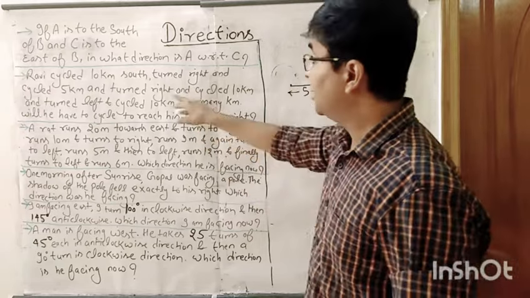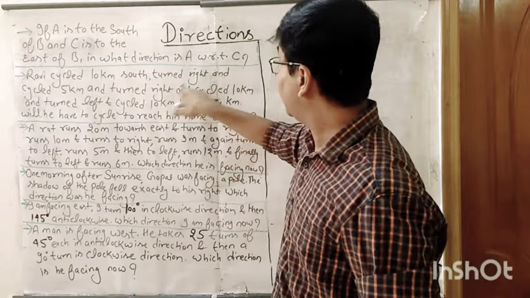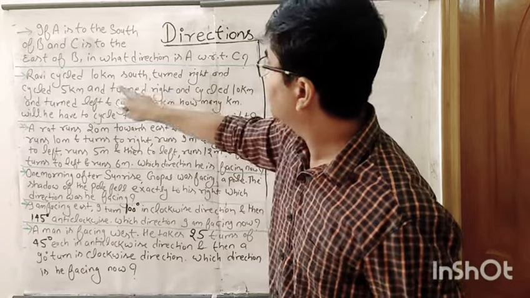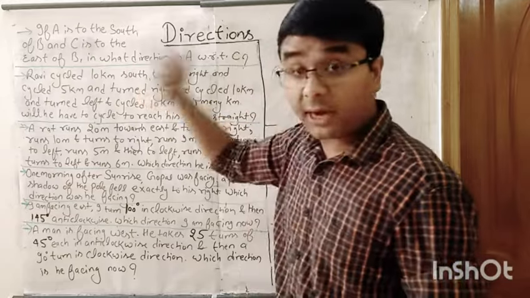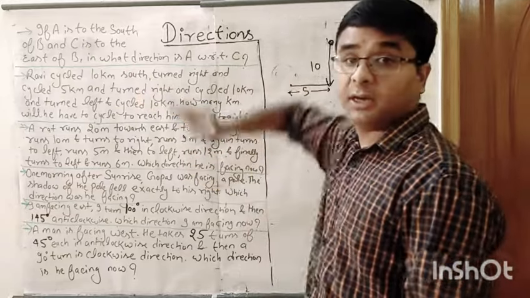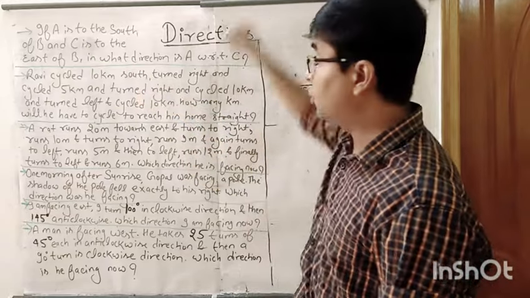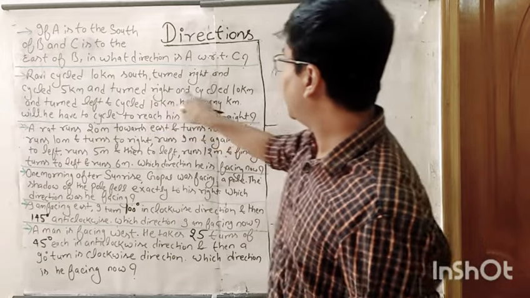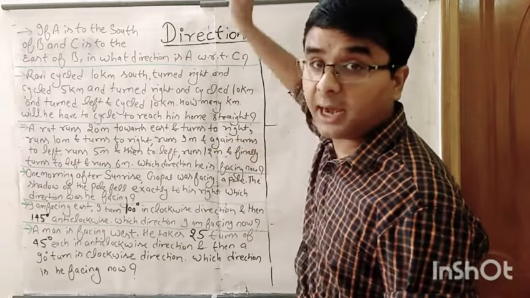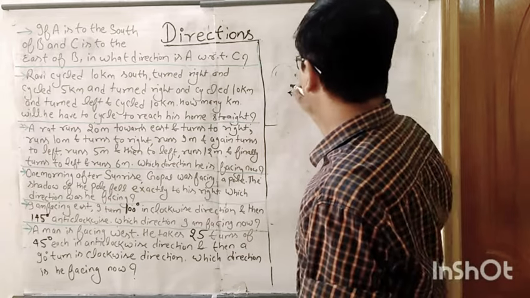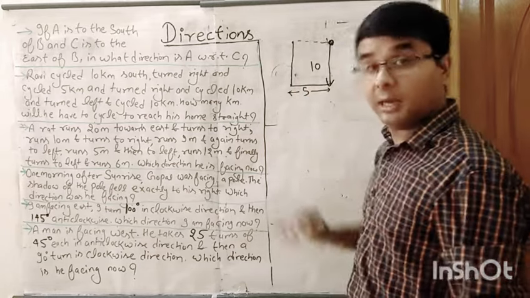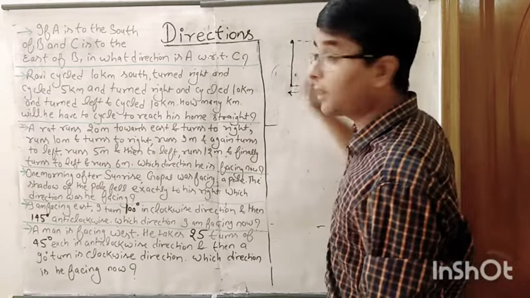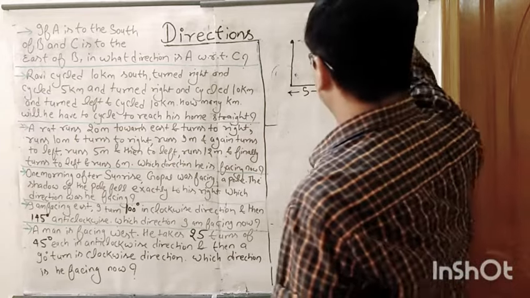What is the next one? And turned right. 10 kilometers south, turn right and cycle 5 kilometers and turn right. One more right. Facing west, turning right is north again. And turn right and cycle 10 kilometers. Turning right, cycle 10 kilometers. So back there, you reach in the same line as the earlier initial point. This is where you are now. You are facing northward again.